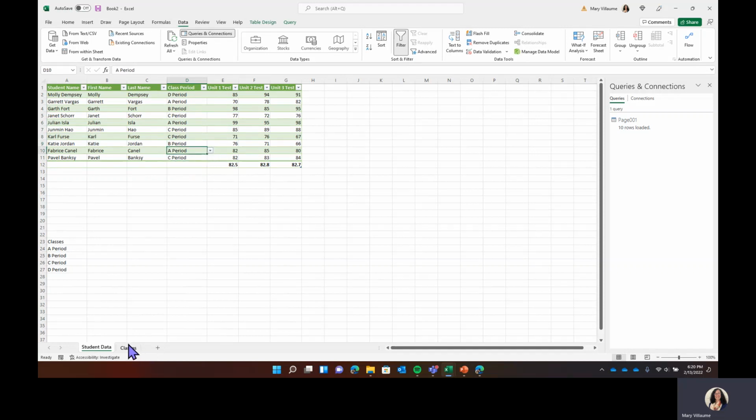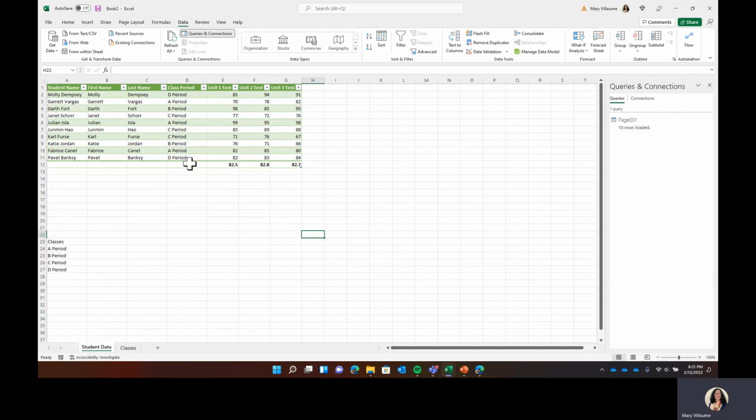So if you do need to create a separate sheet because you have so much information here, you can do that. You can just create it on it. It doesn't matter where you create it. It just matters that in this data validation, you have the correct list that you want to pull from. All right, so that is how you can create a drop-down menu in Excel. You just create your list of options, select the column where that drop-down menu should be,